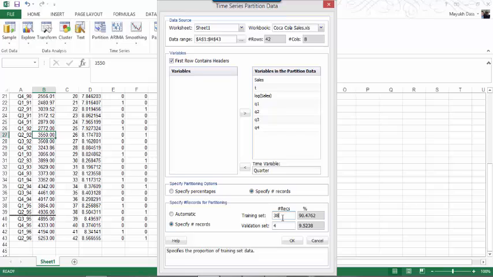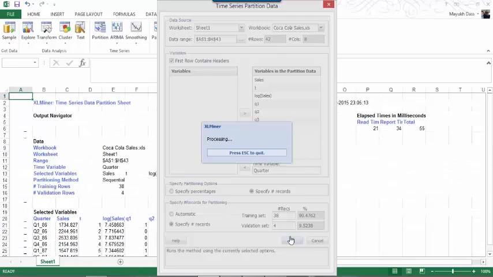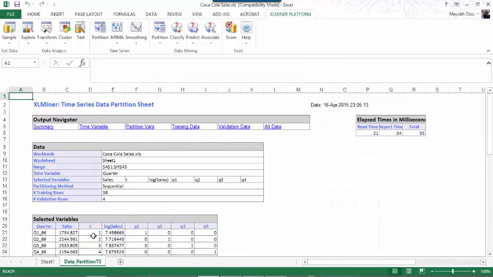We should have variables at least the same length as the one you would get in our required goals. So the goal here is I want to predict the next 4 quarters, so you should have at least 4 in the validation set. So I'm going to click OK, and as soon as I click OK, there's a new spreadsheet called Data Partition